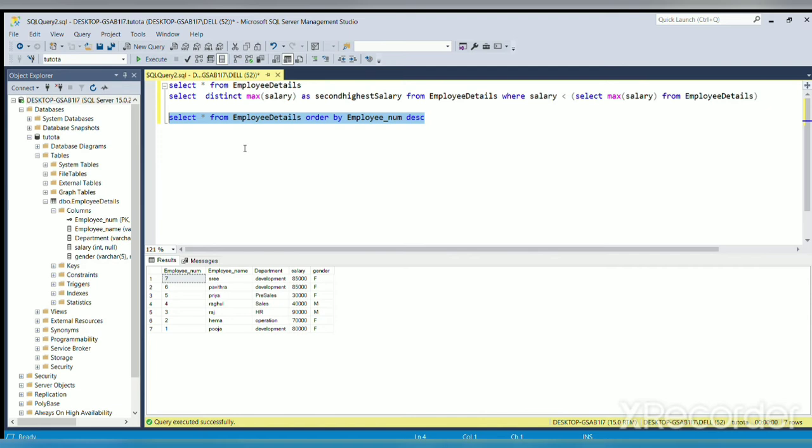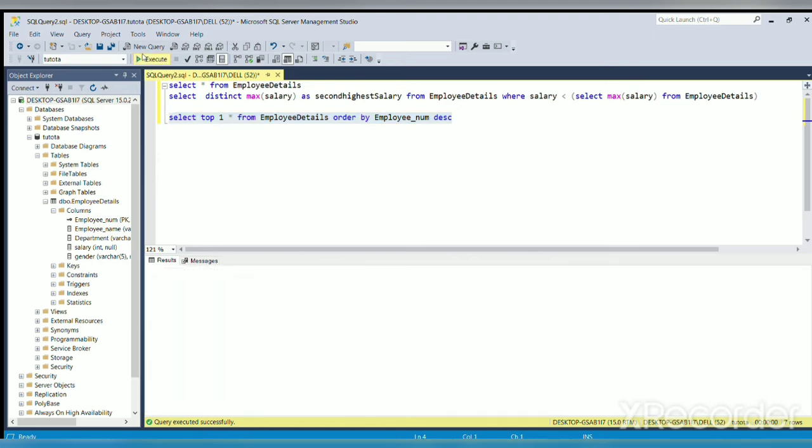In MySQL limit is applicable, not top. In MS SQL top is used. So we can specify top 1, so it fetches the last row from the table. The last row from the table is displayed.